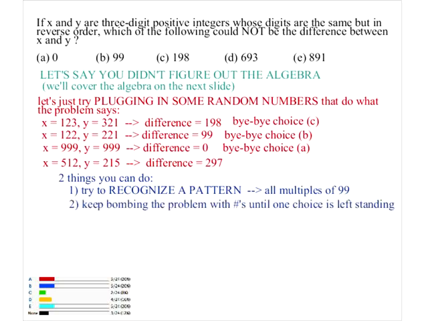If you just keep doing that, eventually you'll get to something like this: 801 and y equals 108 or something like that. 841, someone put in the box, so let's use what people are putting in the box. So if you do that, then the difference is 693, which is choice D. So E wins.